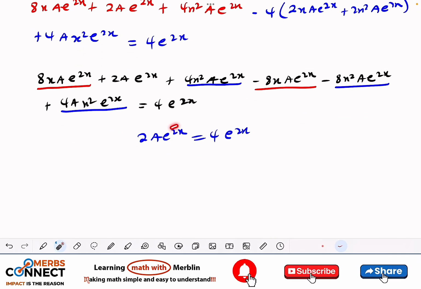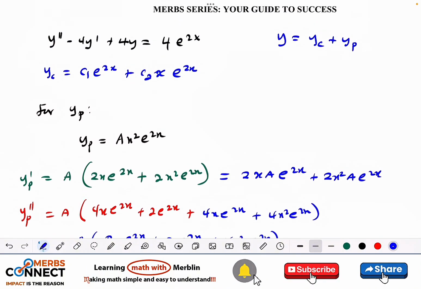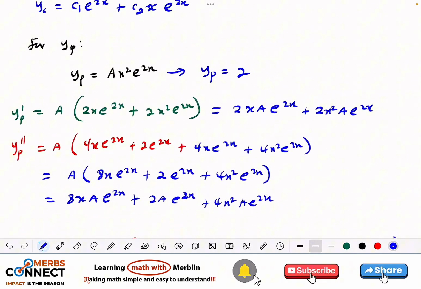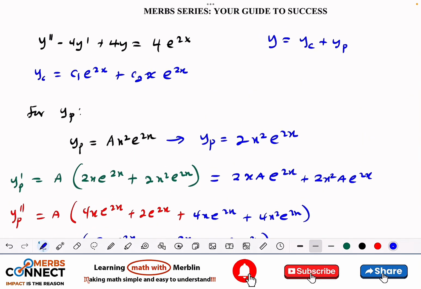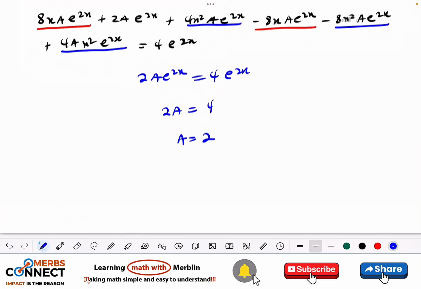And compare the coefficients of this, and we are going to have 2a is equal to 4, and a is going to give us 2. So now we can put 2 for the a, and our particular solution will be 2, right? Good, we have 2x squared e to the power 2x. So this will be the particular solution. So it means that our general solution,